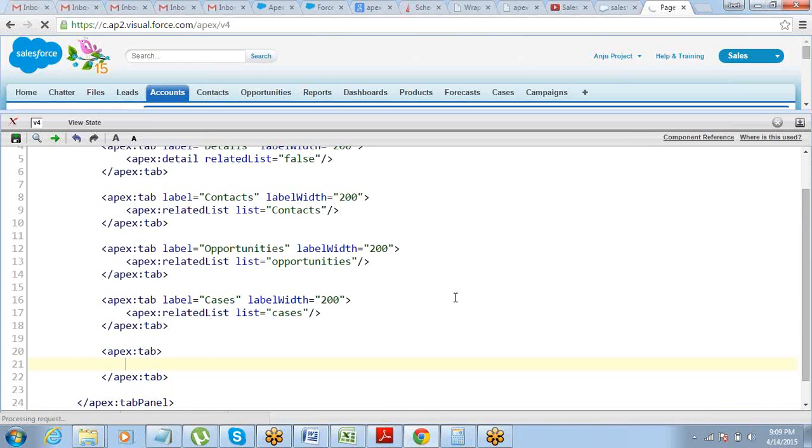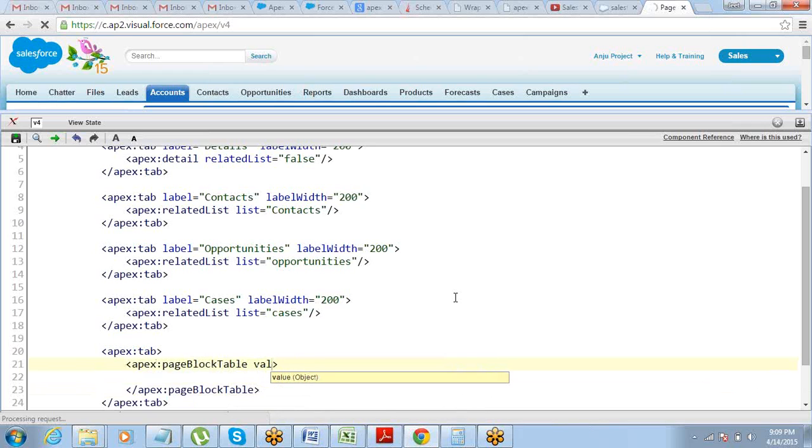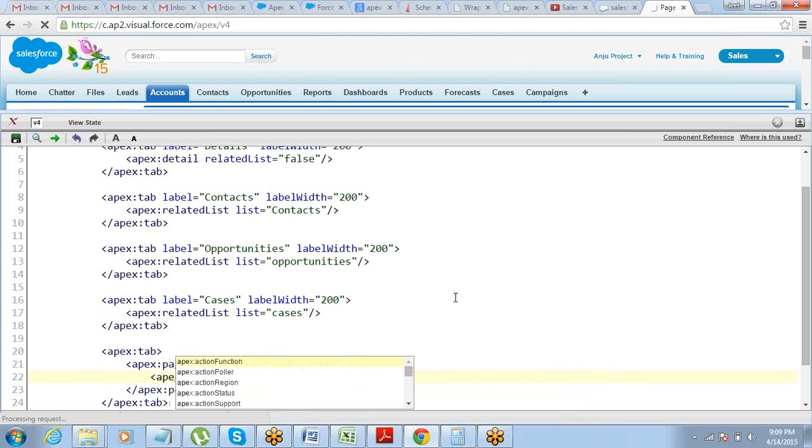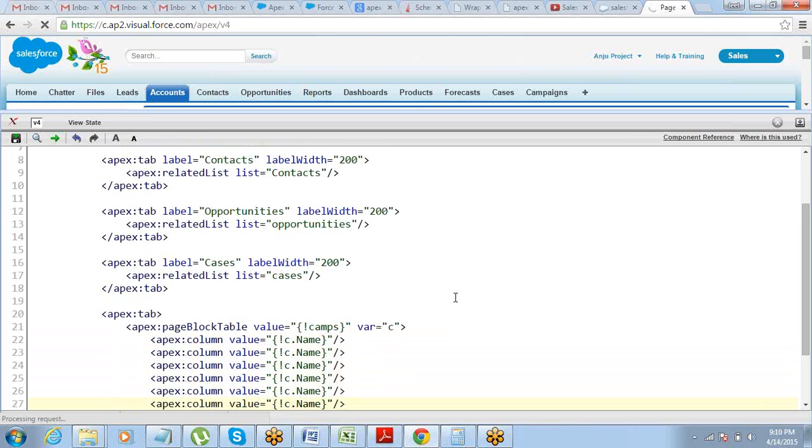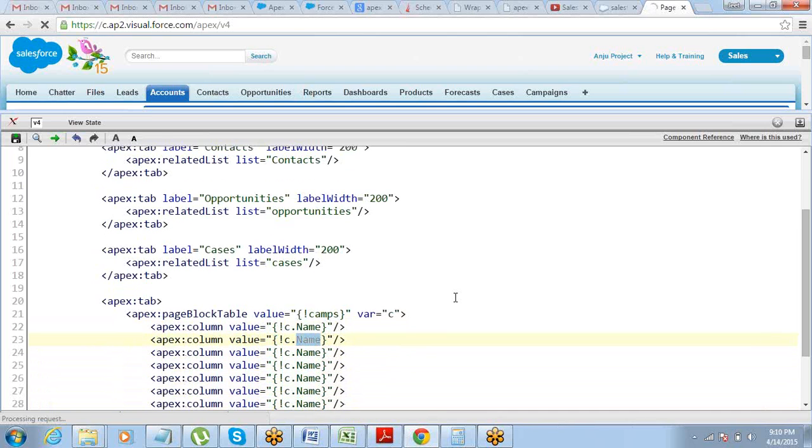Inside the tab there should be a page block table, value camps, variable C, apex column, value C dot name, or whatever data you want to display here, name,